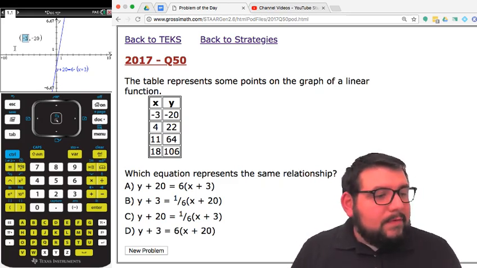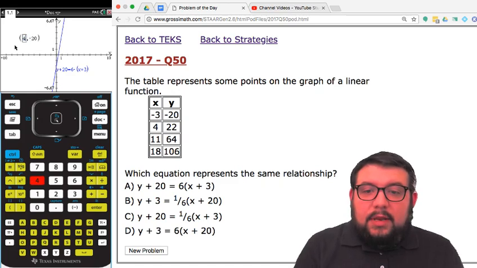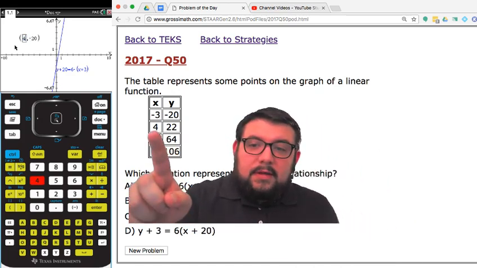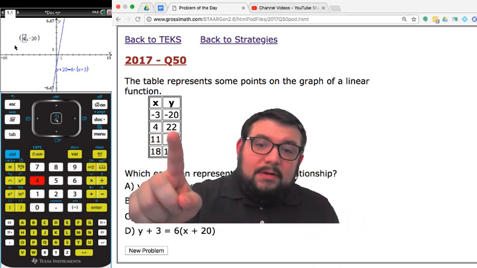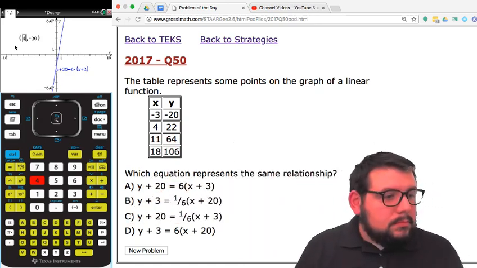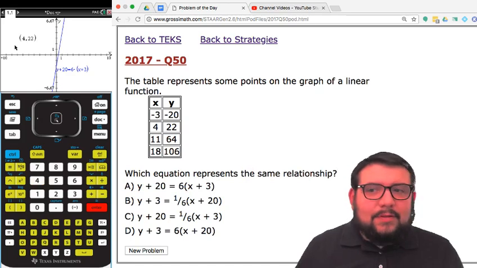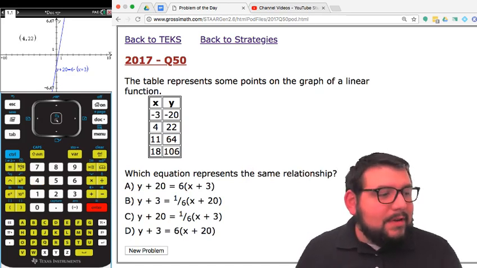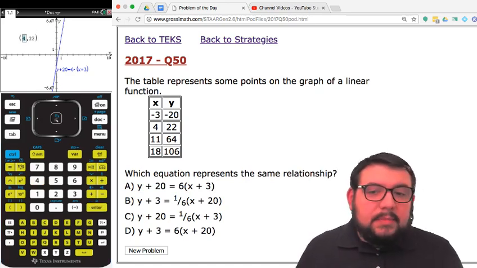So I'm going to put 4. That's the second point. Where did I get the 4 from? Right there. And what number am I hoping comes out? I'm really hoping 22 comes out. Hey, look at that, 22. I'm really very confident that A is going to be correct now, but I'm still going to put in the